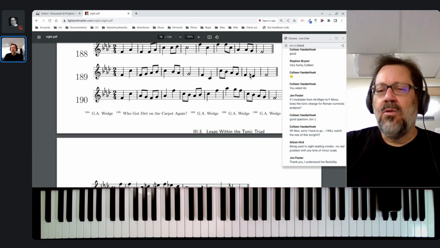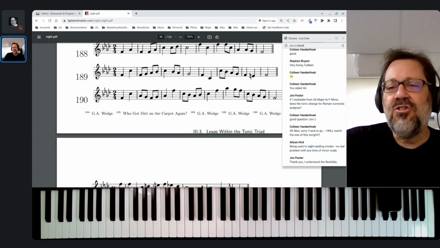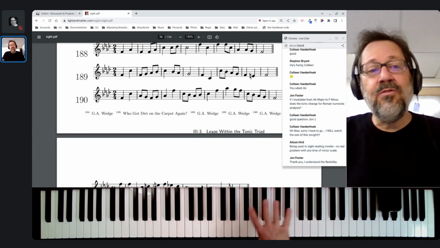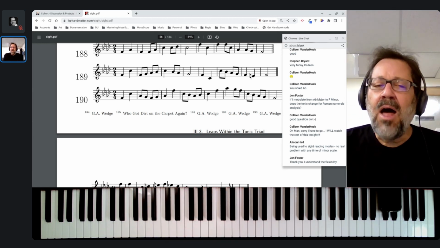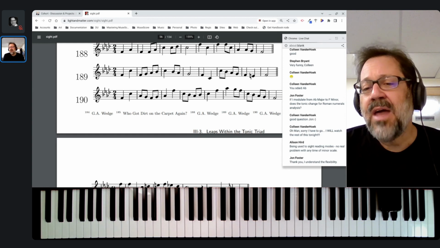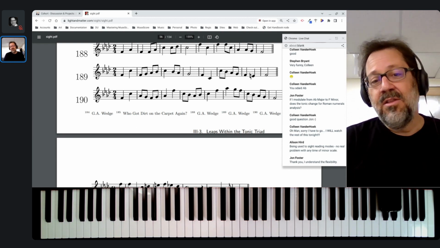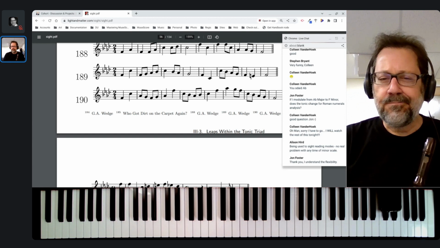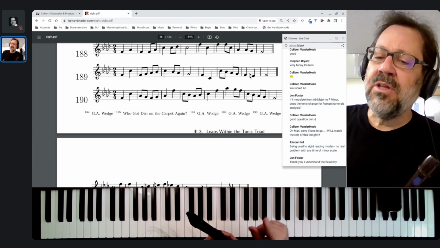And so when Allison talks about modal music, a lot of that tradition of the church modes is also reflected in the folk music of this time, the Middle Ages. And a lot of that music, songs that are that old, will be in minor keys without leading tones. And so in this particular piece, in this fictional planet that Picard found himself stranded on, it is not going to have that raised leading tone.